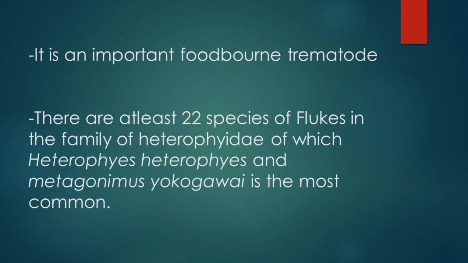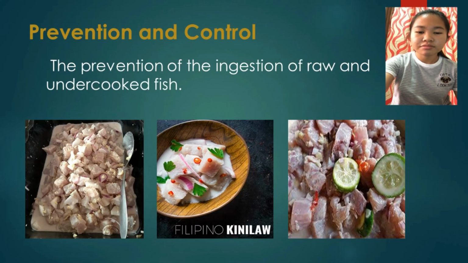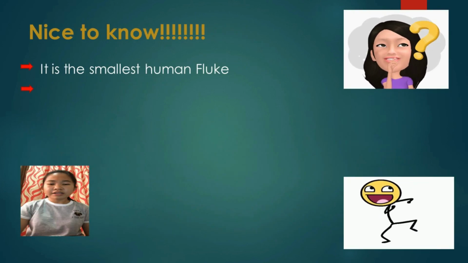Second, there are at least 22 species of flukes in the family Heterophyidae, of which Heterophyes and Metagonimus yokogawai are the most common. Nice to know about Metagonimus